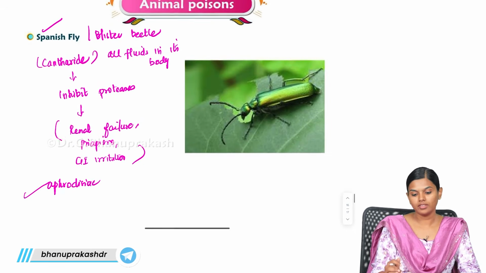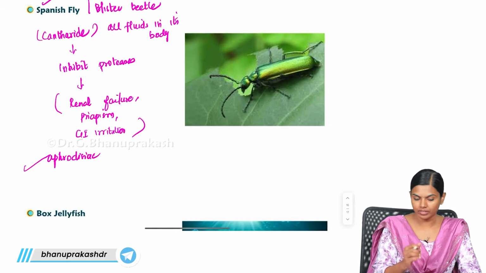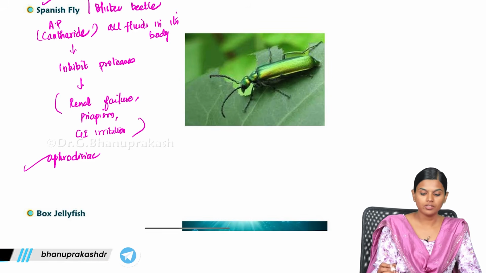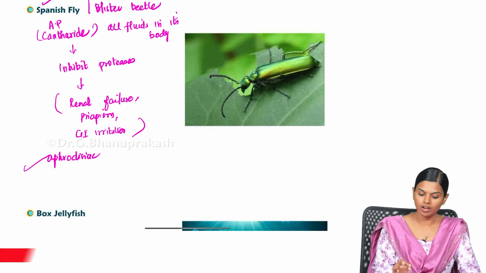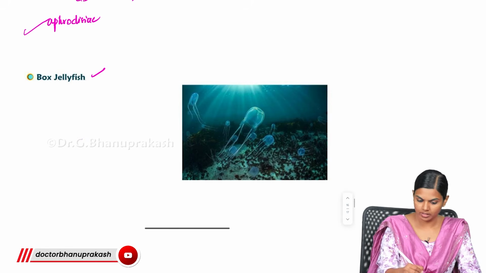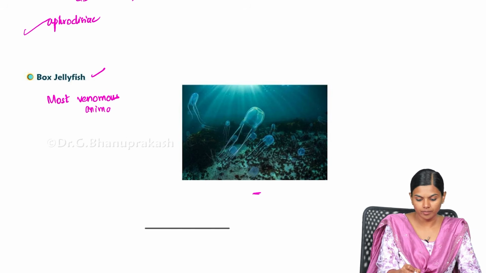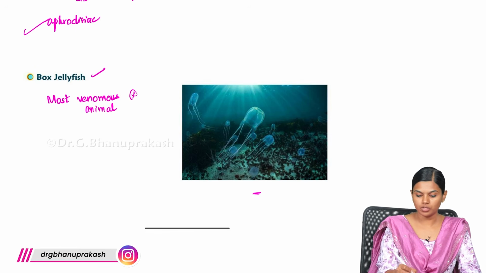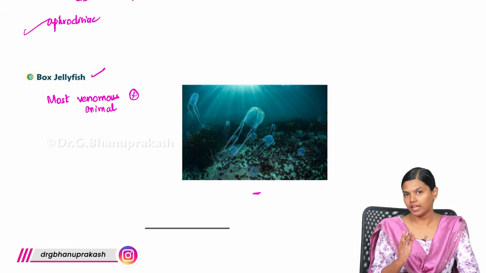So the other name is blister beetle or Spanish fly. It has this Cantharide as active principle, which mainly inhibits proteases, leading to renal failure and death. It can also cause priapism and GI irritation when ingested. Next is this box jellyfish. This is the most venomous animal in the world. So this is the most venomous, and when it bites, you will not be feeling anything, but